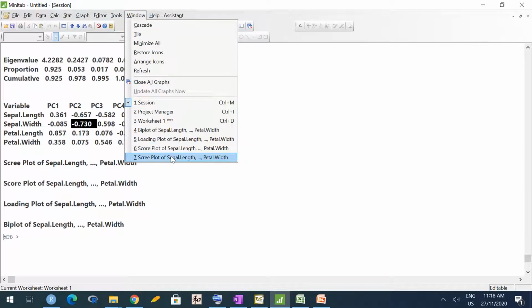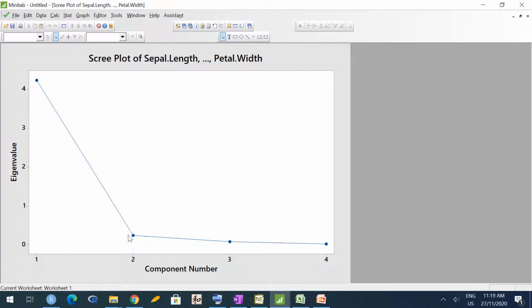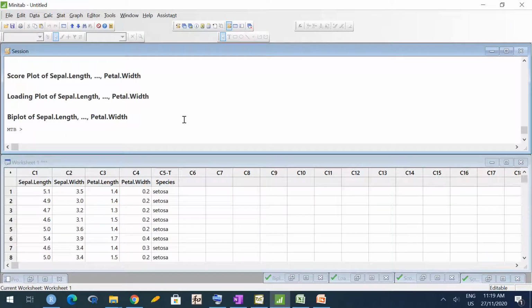So let me first go to the scree plot. You can see here 2, 3, 4. So this line joining second, third and fourth point is almost parallel to x-axis. So I would say here we have an elbow and hence only first PC is enough. Only one PC is enough because from the elbow, everything else is equally important. So here they are equally unimportant. So only first PC is important. And that's what is told by our earlier picture also. 92% variation is explained by first PC itself.